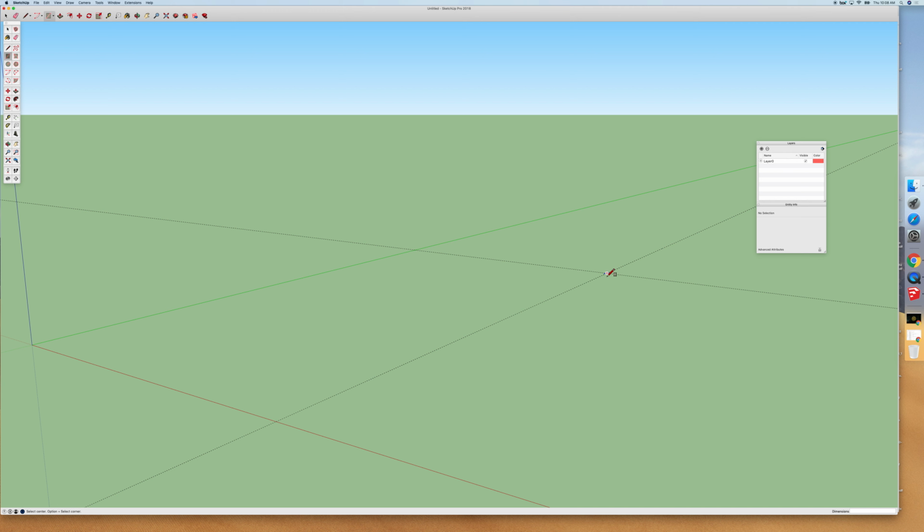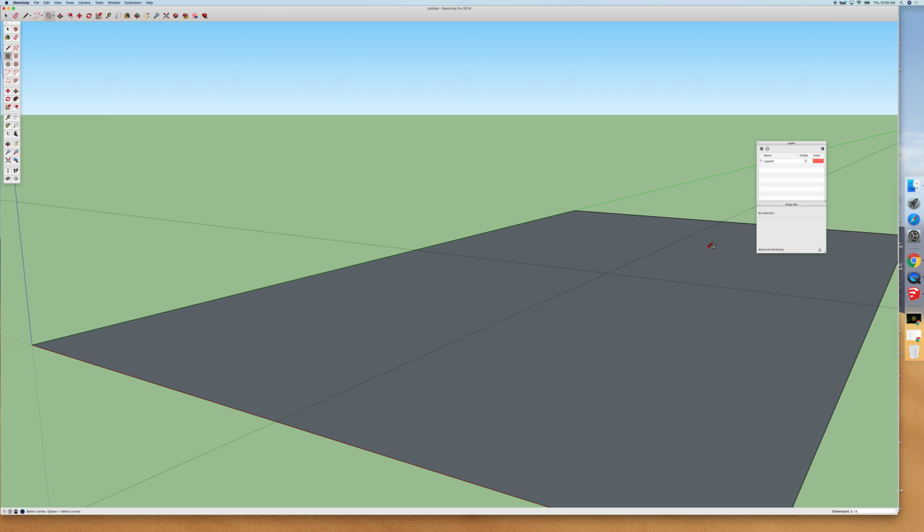So if I click on the center, now as I construct my rectangle, it will grow in both directions from the center point. So now all I've got to do is type